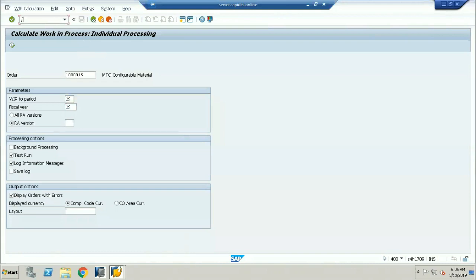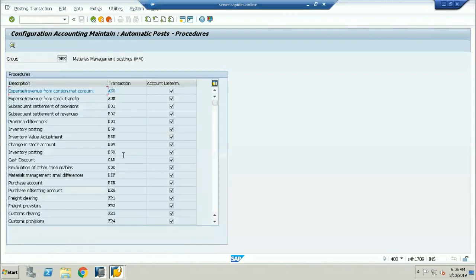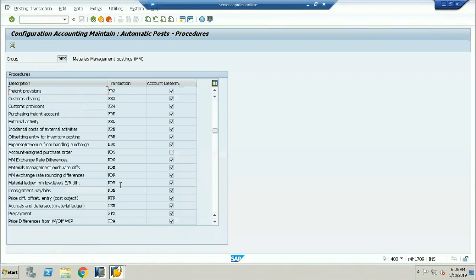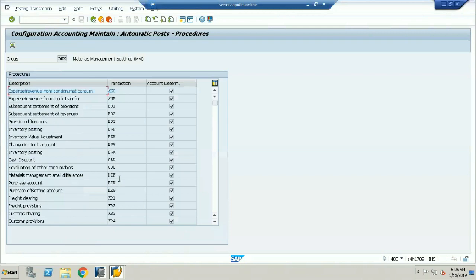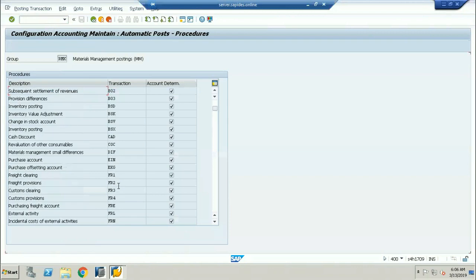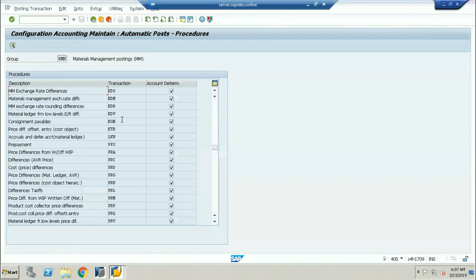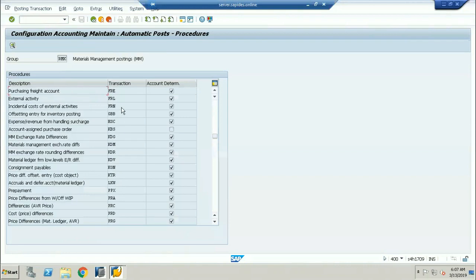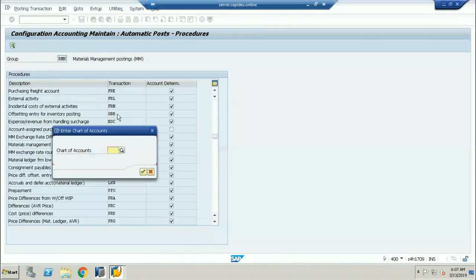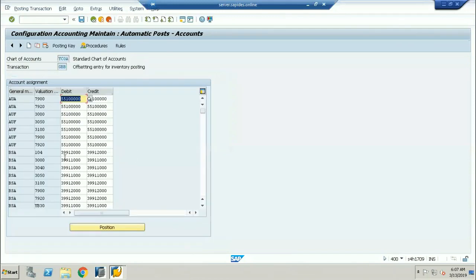So if I go here, /n OBYC. When you go to your transaction, this is exactly AUF here.